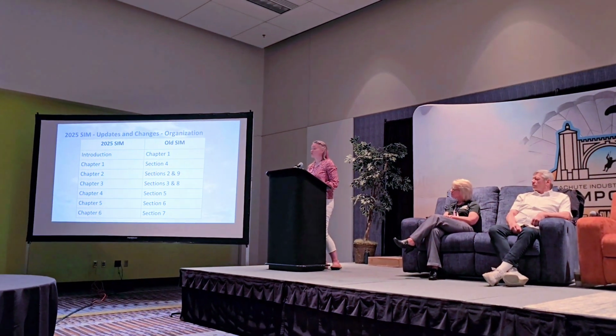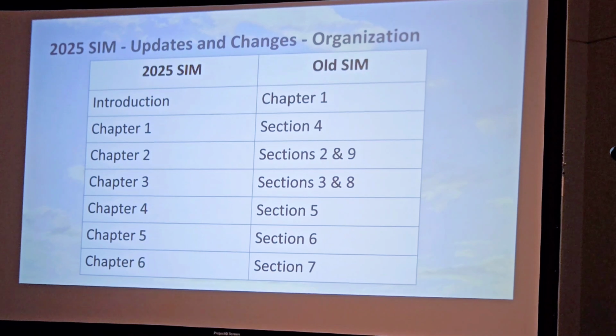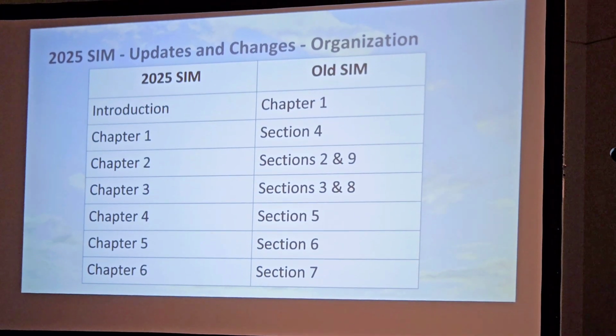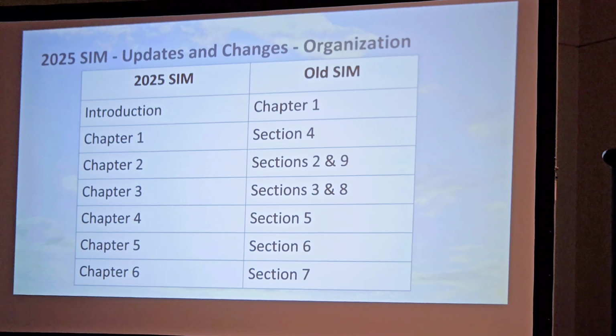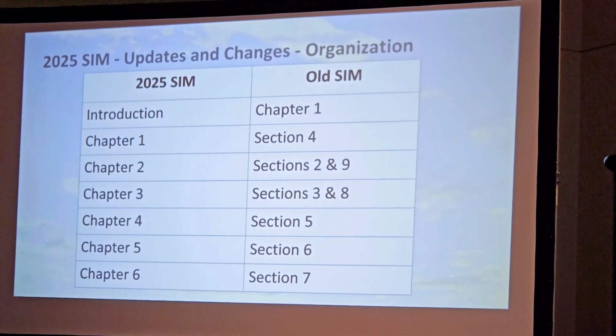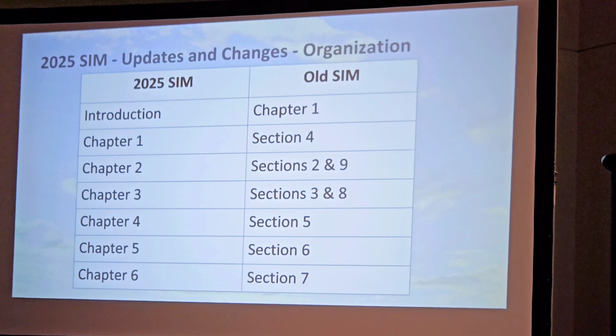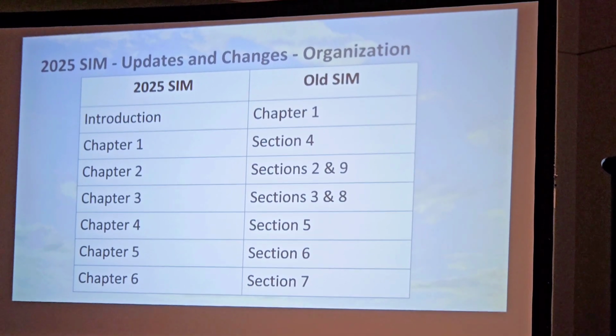We moved Section 9, which was the FAA regulations. BSRs are the few rules that we have, regulations. And the FAA regulations are the other rules that we have, and they were at the opposite ends of the book. We collapsed those two together and put all the regulations into one chapter.